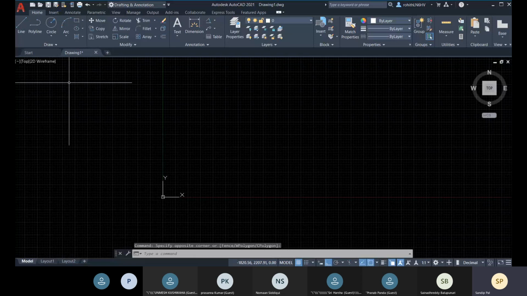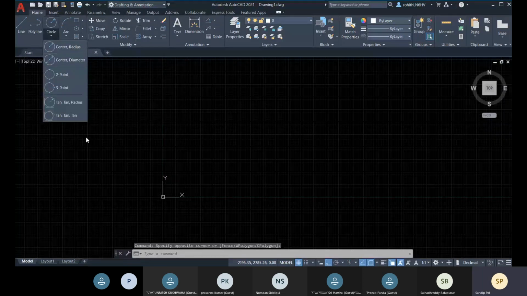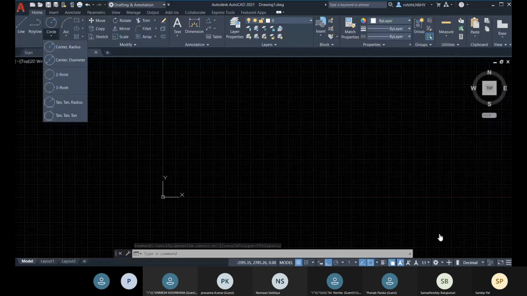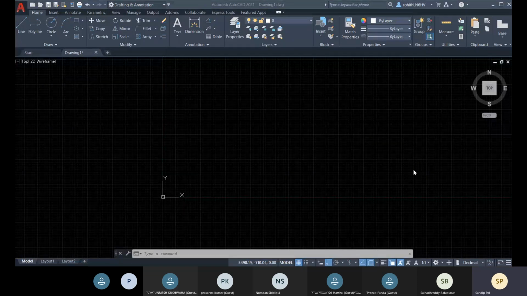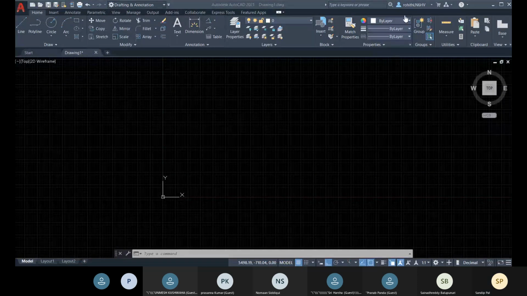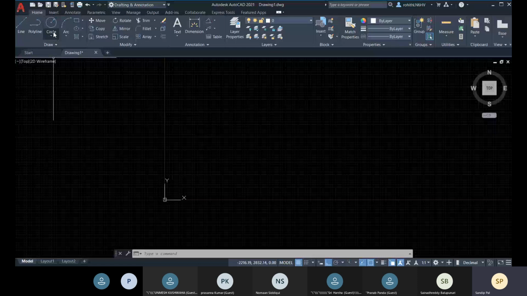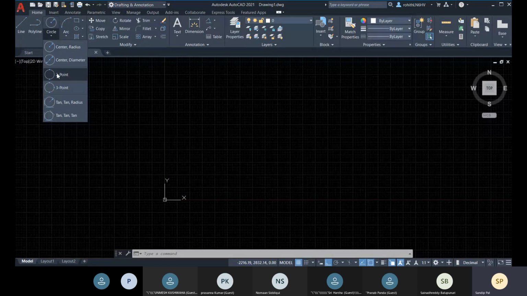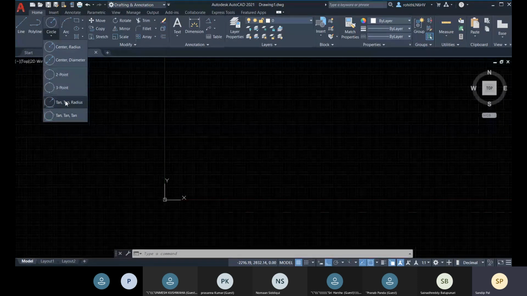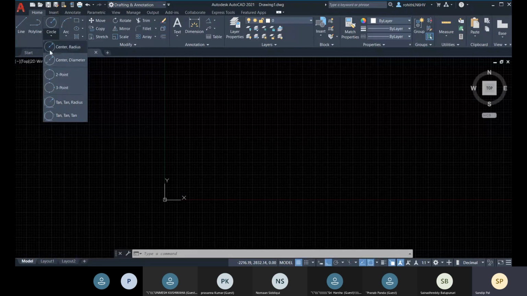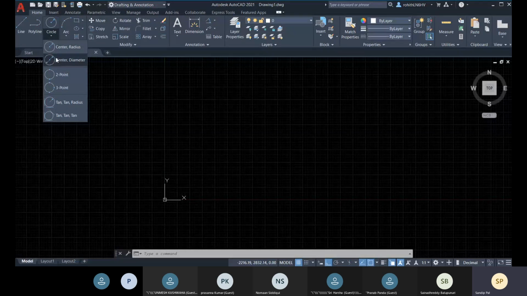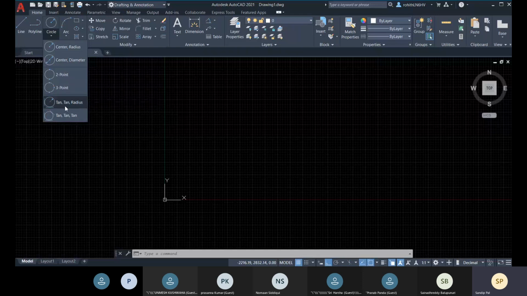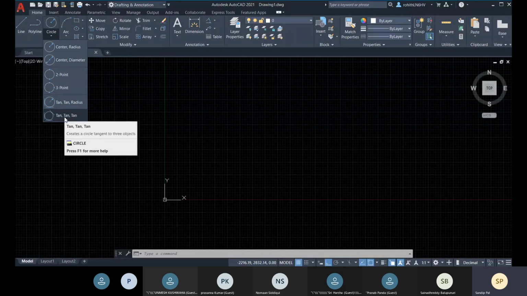Mainly we have three categories of creating a circle in AutoCAD. These two come under the first category. These two come under the second category. These two come under the third category. So here you can see the first category is center based. The second category is point based and the third category is tangent based.